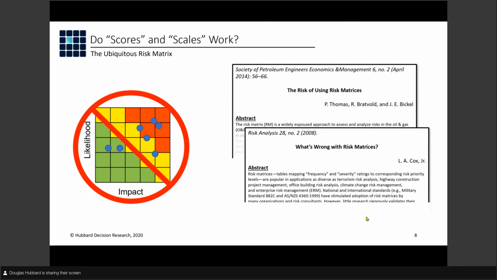One component is the rating of something on a non-probabilistic scale, like a scale of 1 to 5, even though it may be converted to a probability. And then putting those 1 to 5 scores on a matrix like this. This has been studied, and it turns out not to actually improve things. No doubt, as we talked about with the analysis placebo, that people feel better with the adoption of the risk matrix. And I've had people, after I've gone through and presented extensive research showing that they don't actually work,